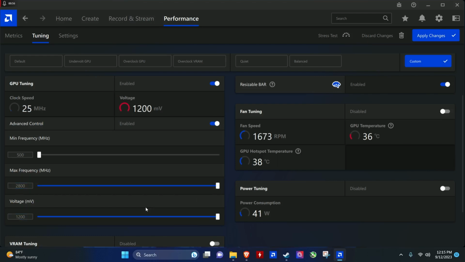Voltage, on the other hand, this is the amount of volts that the GPU is going to be pulling in order to meet the performance requirements that you've set for it. The downside to voltage is that voltage also equals heat. So the more volts that are coming into the GPU, the hotter it's going to get. This obviously can become a problem because as the GPU heats up, it is programmed to thermal throttle, or if it gets too hot, to drastically reduce its performance on its own to avoid